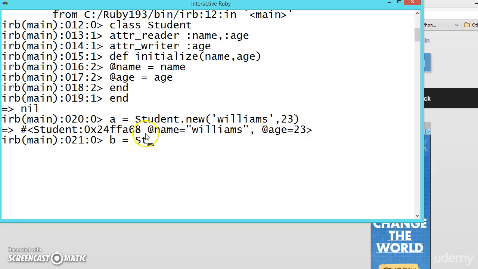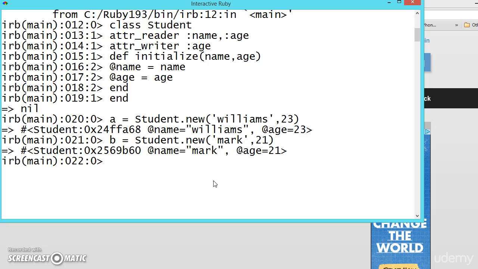For every object the memory is allocated with the variables name and age. With this structure the memory will be allocated. That's why we are creating the instances here. b equals Student dot new, Mark, and give like 21.